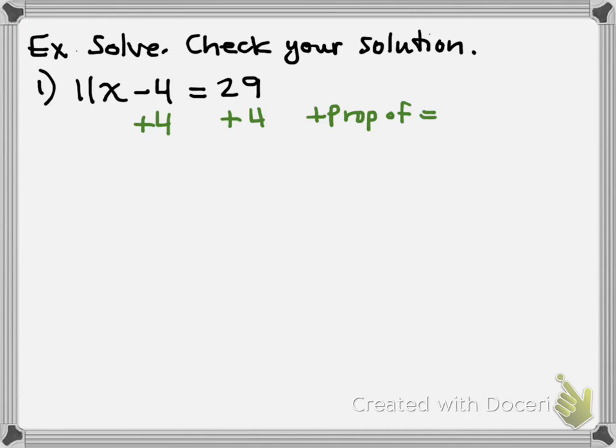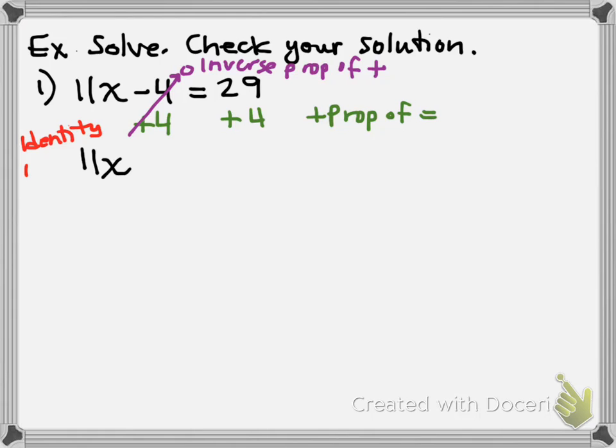Okay? And when I do that, I get 11x. Negative 4 plus 4 is 0. So this is the inverse property of addition. And when I add 11x to 0, I get 11x. So basically how I got this answer is through the identity property of addition. So I'm not going to label these all the time, but remember what I talked about is that